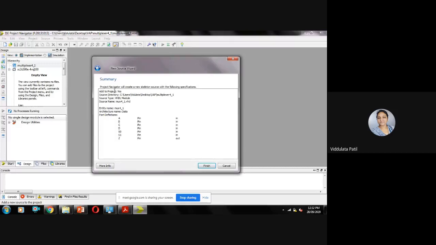Here you can see the summary. Entity name is mux4_1, architecture name is data, and the port names. All these port definitions are the pins. These are the input ports, that is A, B, C, D, and S0, S1, and Z is the output. Let us finish this.